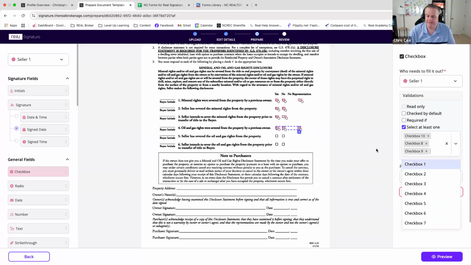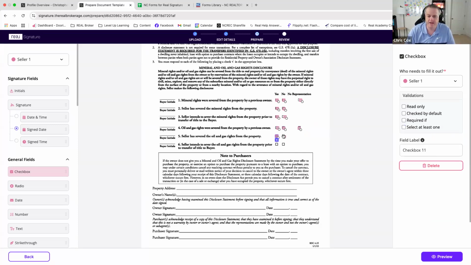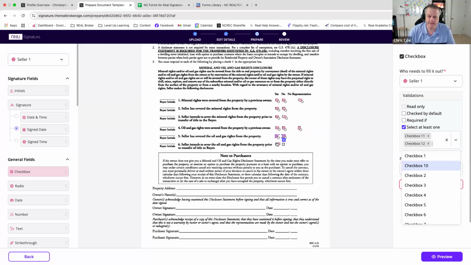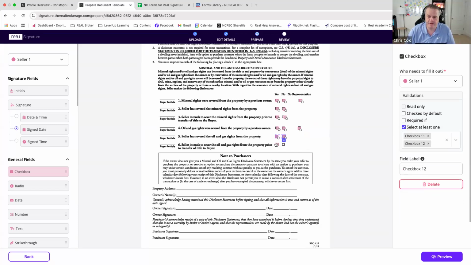And you can rename these if you want to make your life a little easier, especially if you're brave enough to do the RPodes, there might be checkbox 375 with all the check boxes or radio buttons on that one. So I'm going to do the same thing here. And that is going to be 11 and 12. And then finally, we've got